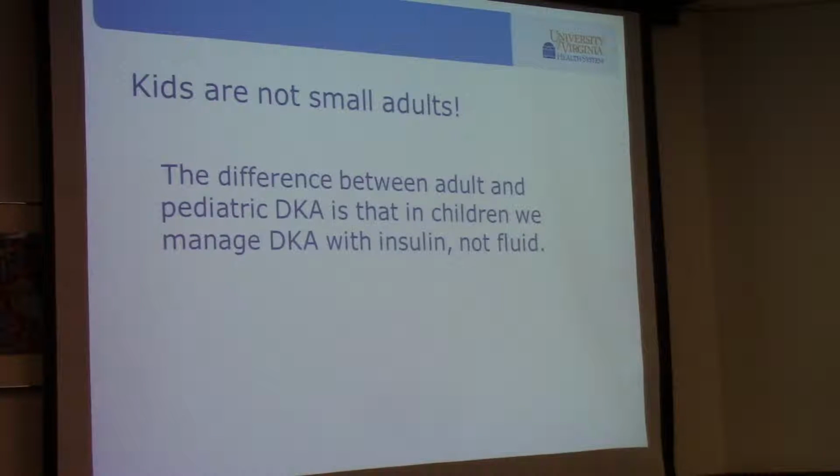Sometimes when they get to age 18, they try to transition them over to adults. There are some parents that kick and scream and say, please, one more year, I want to just follow peds endocrine once more. But usually it's about 18 when they transition over to adults, and it's a wake-up call for a lot of them, because they have been in this mode of coming into the ED and getting restricted fluids, and all of a sudden now they're 18 and a half, 19 years old. They come to the adult side and it's like, bam, 2 liters of fluid, insulin, and it's a very difficult transition for the families as well as the patients.